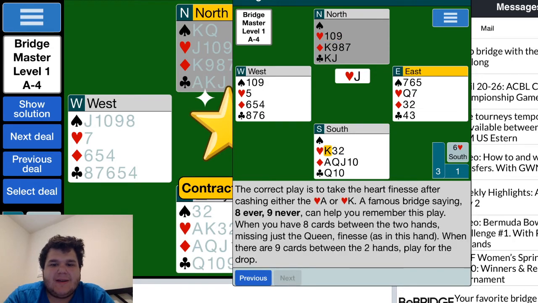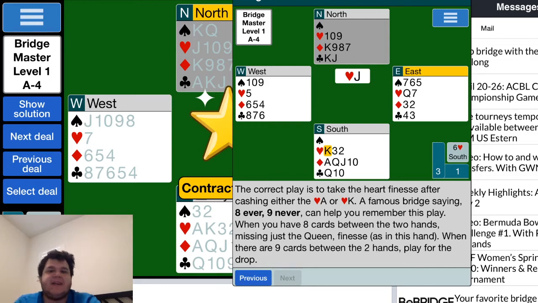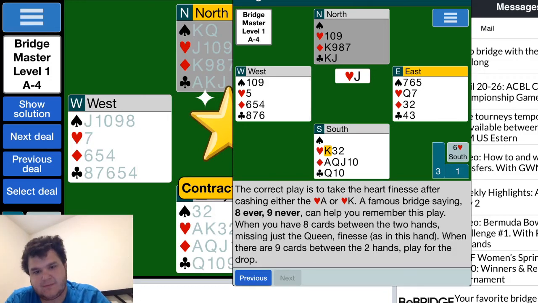So the correct play is to take the finesse after cashing ace or 10, and it teaches you the 8 ever, 9 never saying. If you've never heard of it, good to learn about it. It's essentially just 8 ever, 9 never is a way to think of the percentage plays of dealing with an 8 or 9 card trump suit. In an 8 card trump suit,